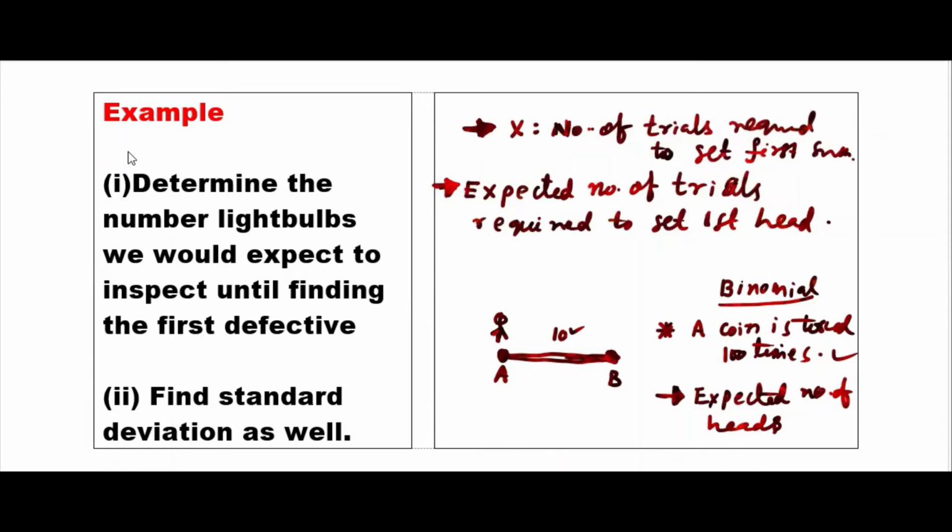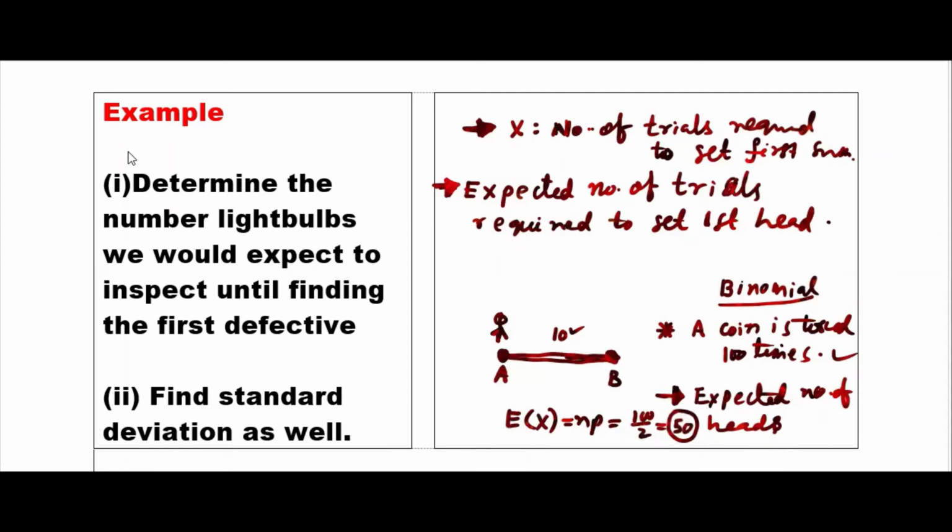I will show you a website where it will toss 100 times for you. Someday it will be 45, someday it will be 55, someday it will be 67, someday it will be 31. It will change each day. But before tossing, I will say 50 only. Expected will never change. If you apply the binomial formula, E of X is NP. N is 100 I have given, P is half. So this is 50. You can change this expected, okay?